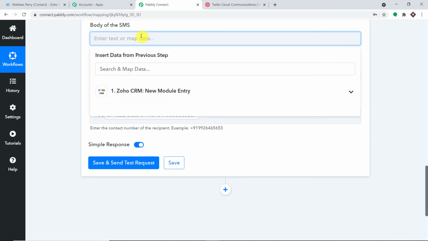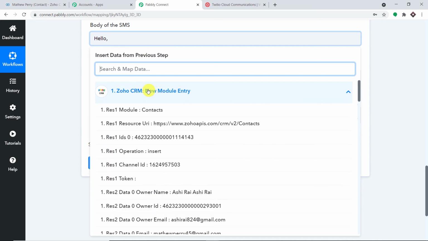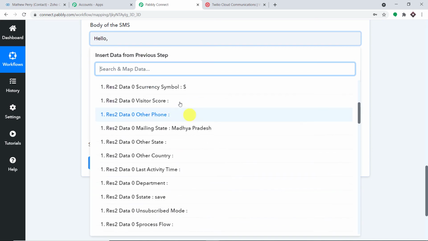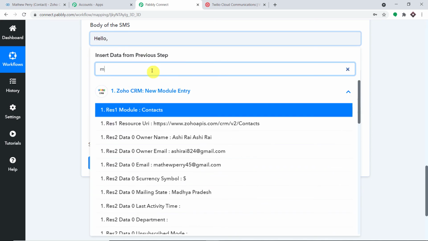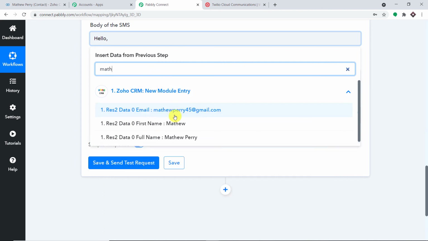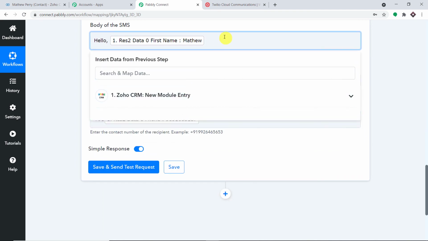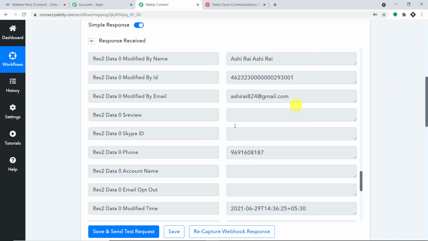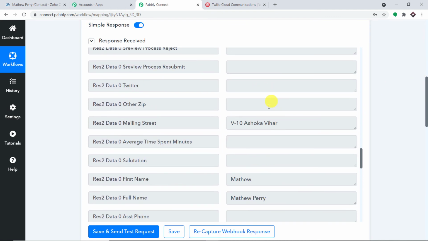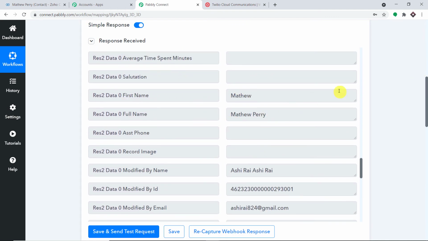Now we have to compose a very simple body of the SMS. So the body of the SMS would be hello, and let's enter the first name, or you can also enter the full name. I'm just going to search for the name. Now remember, all this data came from Zoho. This is the phone number and this is the full name as well as the first name.